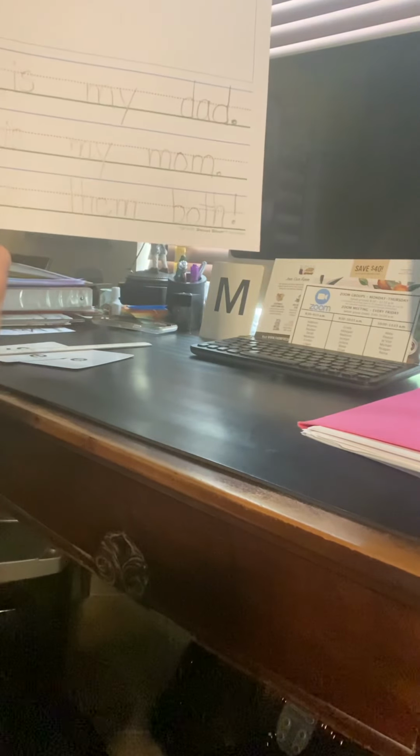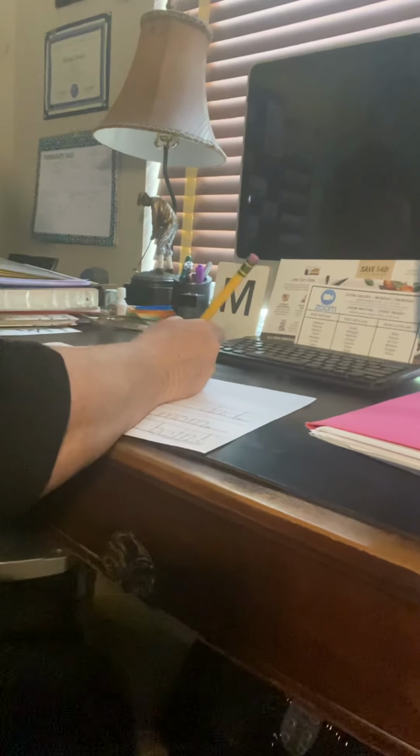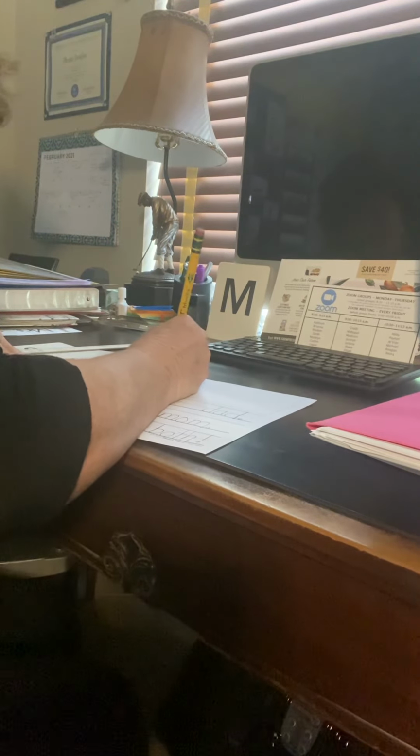a picture of him. I could have written about a girl. She is my friend, or she is my daughter, and I would draw a picture of my daughter. I want you just to use the word he and she. So this is just for practice. We're not saving this one. It's just practice today. And then please draw a picture. I want to know who your he and your she are. So I'm going to draw